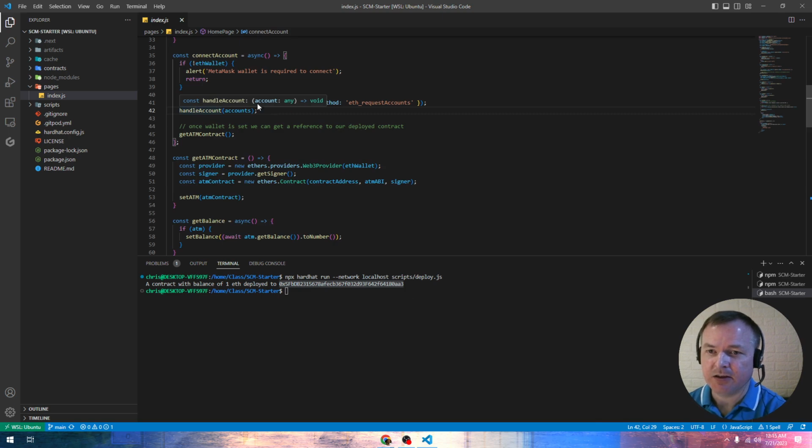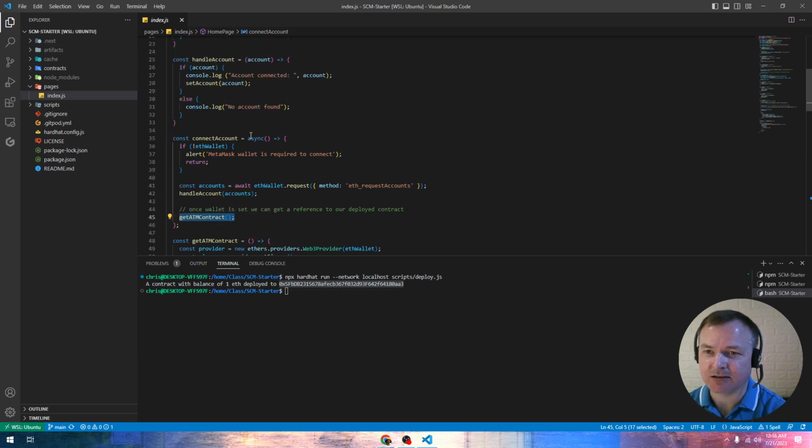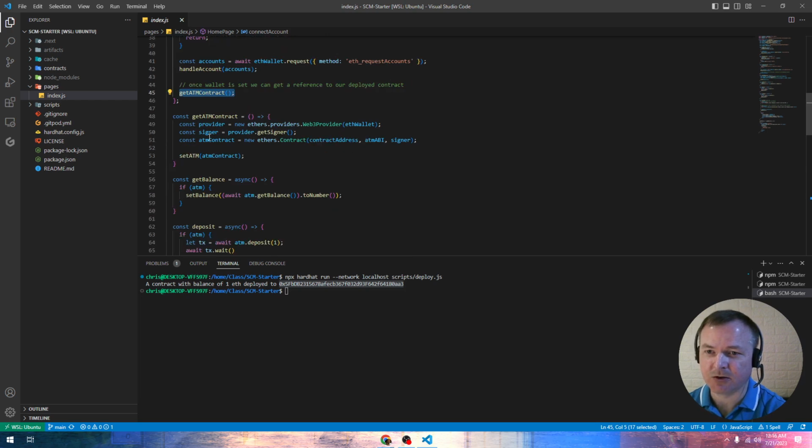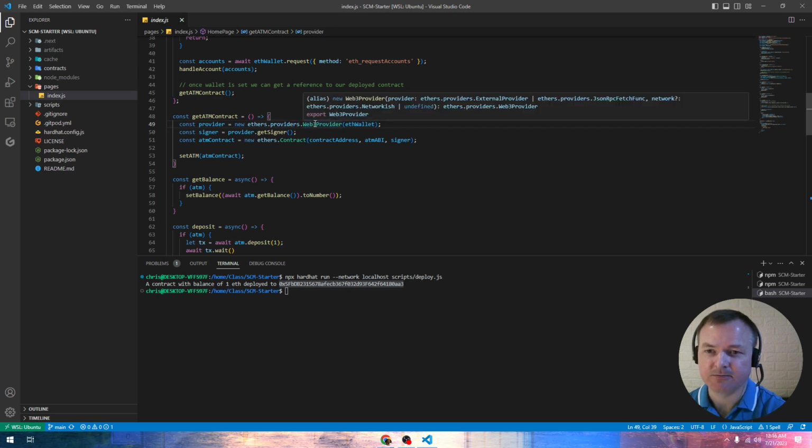Now once we have the account, the next thing that we're going to want to do is to get access to our smart contract, which is what this function here does. So let's go ahead and find our get ATM contract, which is right below. So once we get into this, the first thing that we're going to need is the provider. This is our connection with the wallet, right? So we're going to pass in our wallet object to this Web3 provider function, which is going to provide us